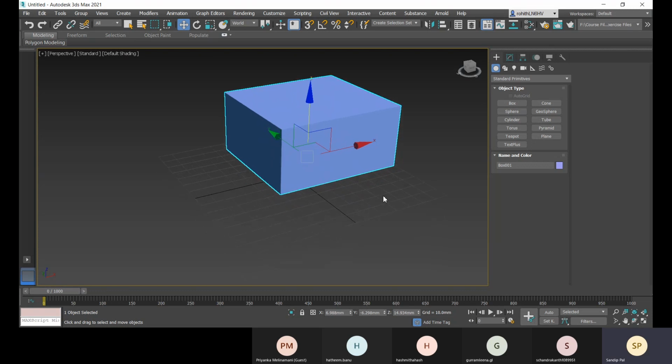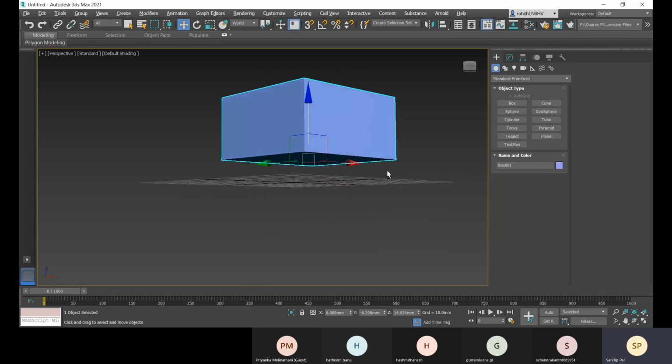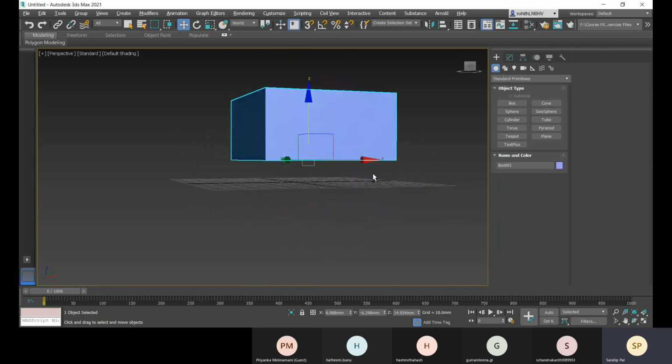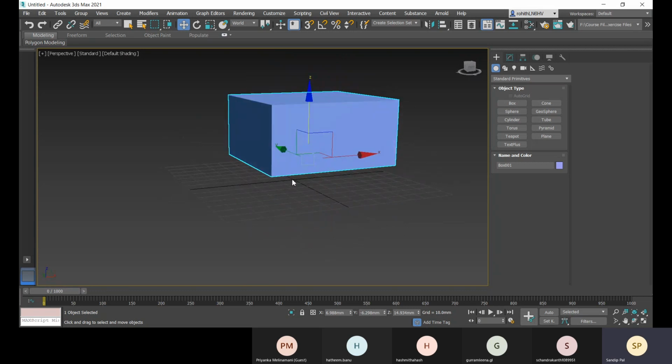Right now, if I hold Alt and the mouse middle button, I can rotate the screen, orbit around. There you can see. So if I need to place it at the origin of my grid or the UCS origin, what I can do is go for this X0, Y0, and Z0, right, when this move gizmo is selected. How?